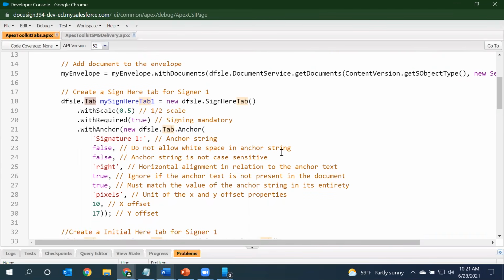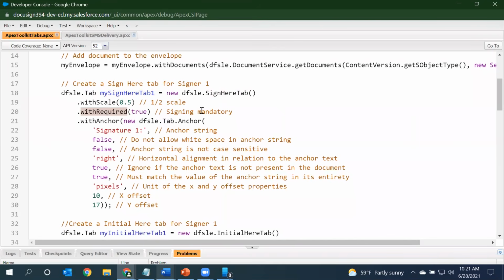In this case, we are starting off by creating a signature tab, which is called a sign here tab. I'm associating this tab with sign here tab 1, since this tab will be associated with my first signer. Setting a scale, making sure that this tab is mandatory, and setting an anchor for this tab.